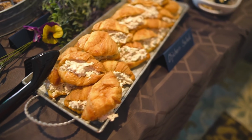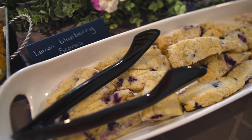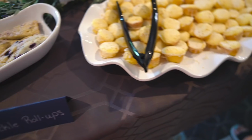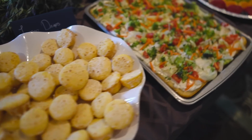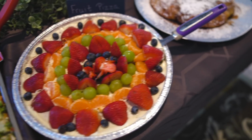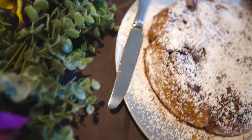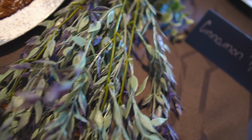More chicken salad on croissant rolls, so lots of fat, maybe a little protein there. More scones, lemon blueberry scones, those were delicious. Little lemon cupcake bite things, veggie pizza, there was an attempt, okay, some veggies, more fruit with cream cheese, more freaking cinnamon rolls. And right as I was filming this, somebody came out to put out the pickle roll-ups, and